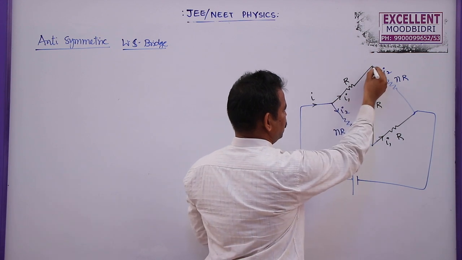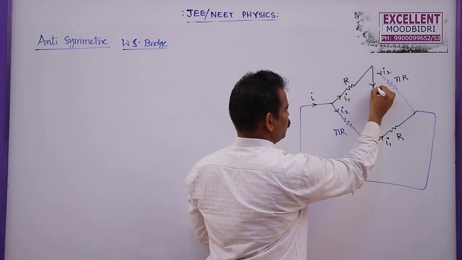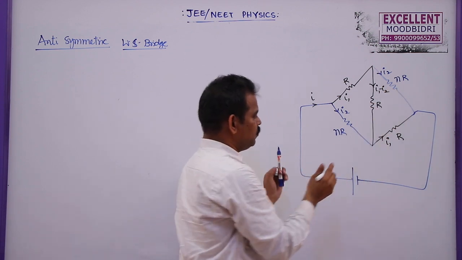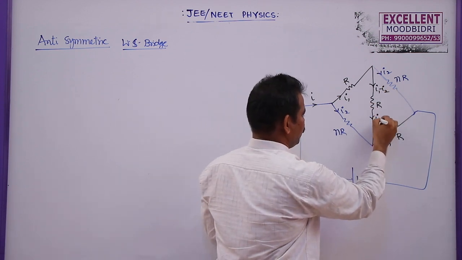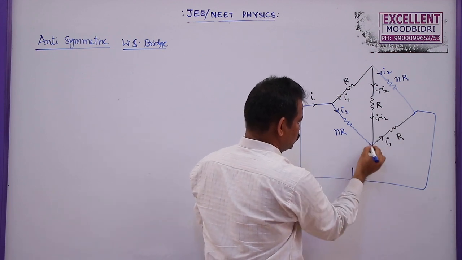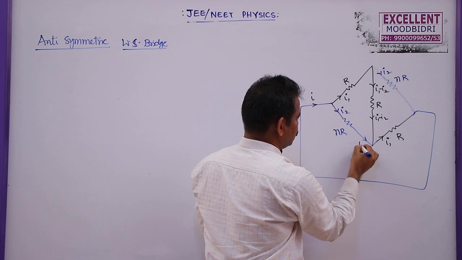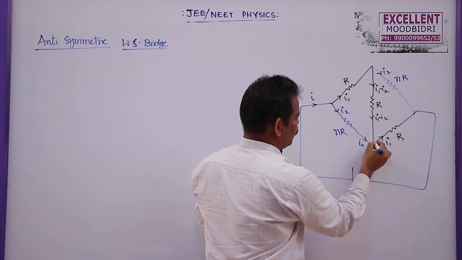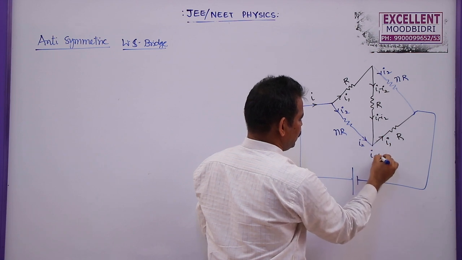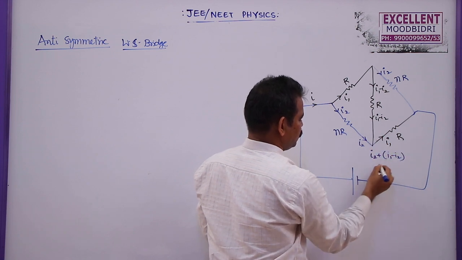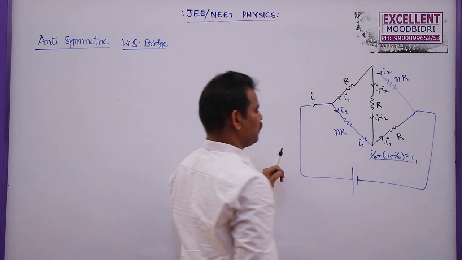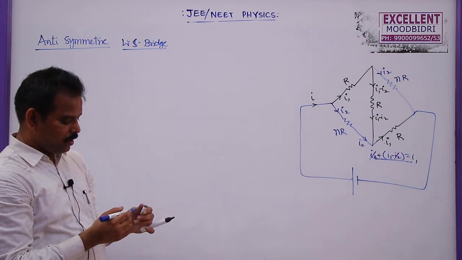Similarly, as these two are same, the current through this one will be same. So out of I1, I2 current is flowing here. So what must be this current? This must be I1 minus I2. We will check it. If you write here I1 minus I2, this current is I2 here. So these two currents are joining and giving here. So this is I2, this is I1 minus I2. If you add these two incoming currents, I2 plus I1 minus I2, the I2 terms cancel, this will become I1 only, which is proved here. So this is the division of currents.